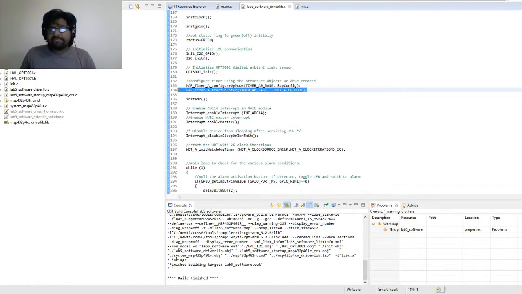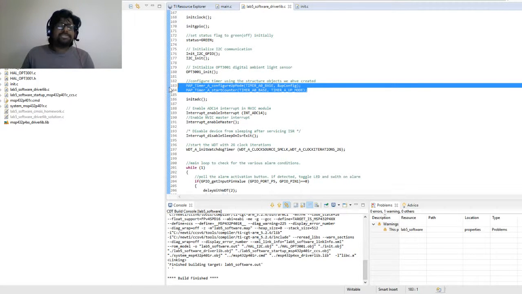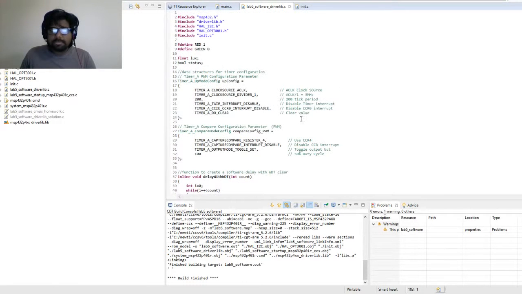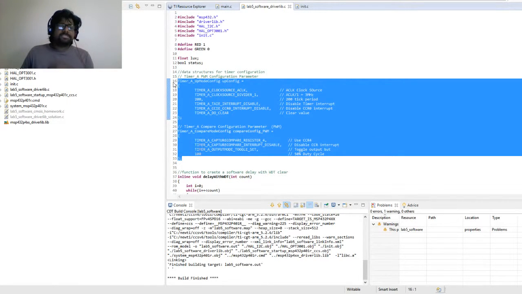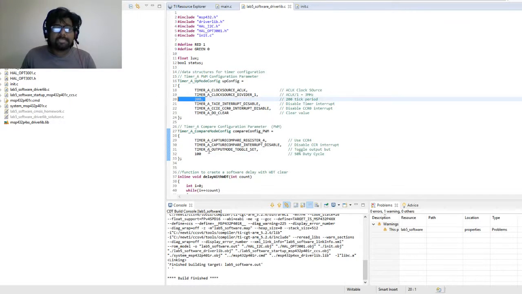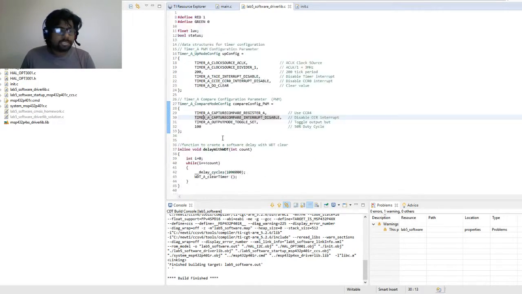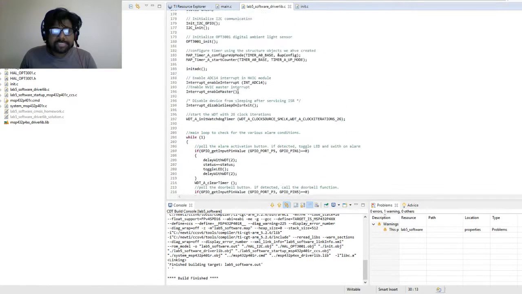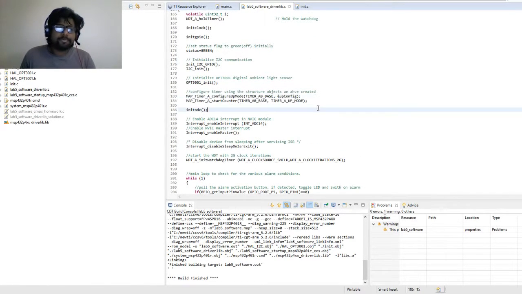Next we initialize our timer. We are going to use the timer A to generate a PWM to send it to the buzzer to generate tunes. We use data structures provided by the driver library to configure the timer A to values that suit our needs. So this is the period of our PWM, and this is the duty cycle. This is just a placeholder. We're going to change it throughout the program to generate the tunes that we need. And we use those data structures to start the timer in up mode.